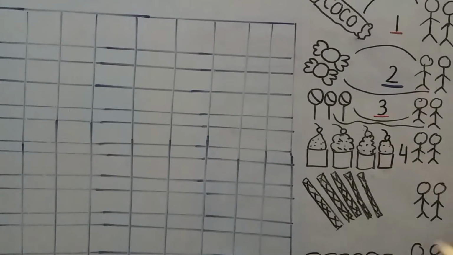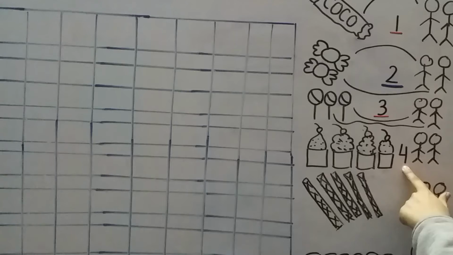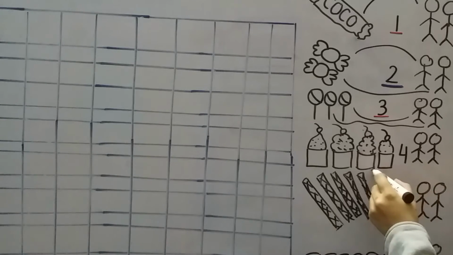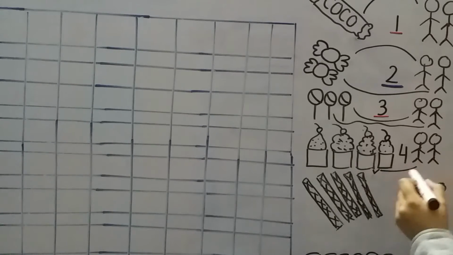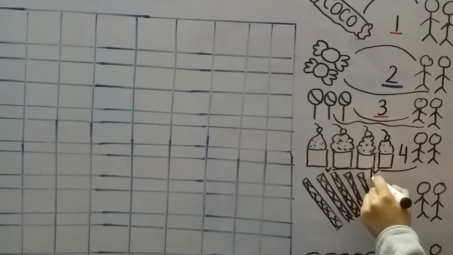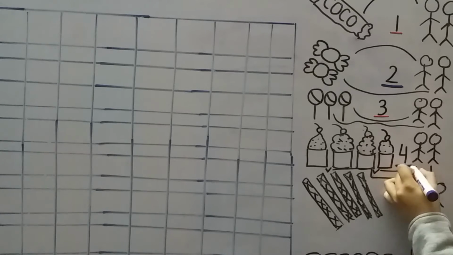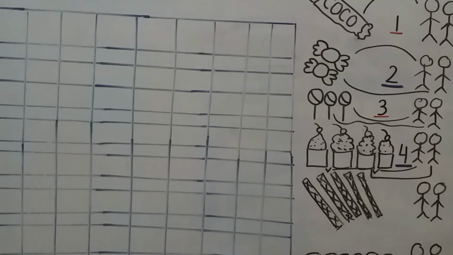Now, I had 4 cupcakes and I've written 4 over here, and I had 2 students. Let's try to divide them. If I give 2 cupcakes to each student, then I will be able to divide. I give these 2 to this boy or girl and these 2 to this one. Was I able to divide? Yes, I was able to divide. So that means 4 is an even number. And let's move on to the other example.